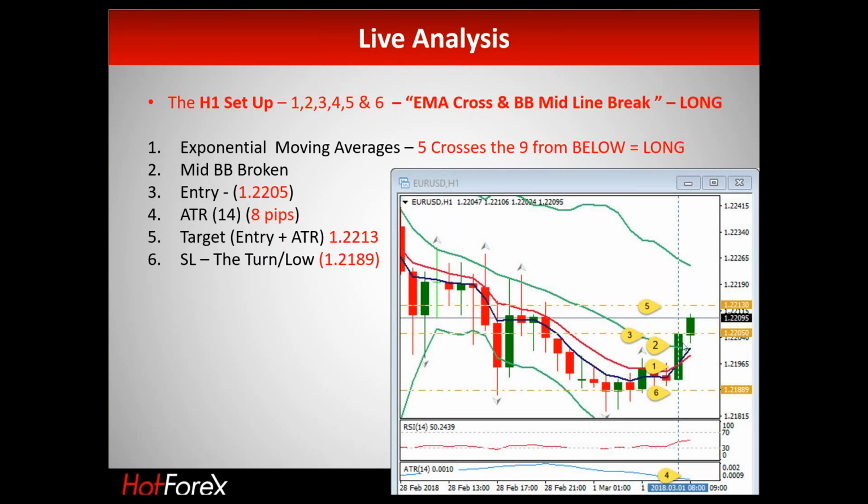What's the target? Well, the target is whatever the ATR was at that time, and at 8 o'clock or 9 o'clock when that candle closed, number 4, the target was 8 pips. So we got in at 122.05. The ATR set to 14 gives us an 8 pip target, which takes us to 121.30. Yeah, so we got in at 05, 121.13. Okay, so sorry, this is 122, doesn't it? Yeah, sorry, 122.13. So the stop loss in this case, and this is one of the criticisms I get about